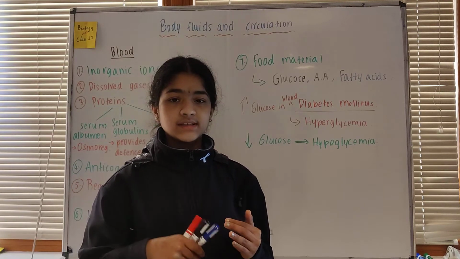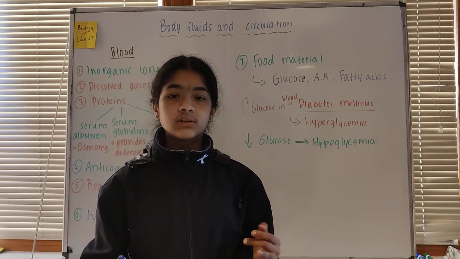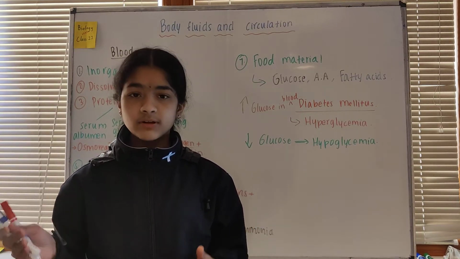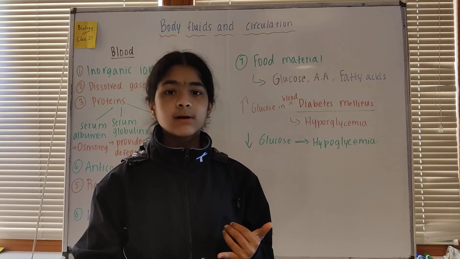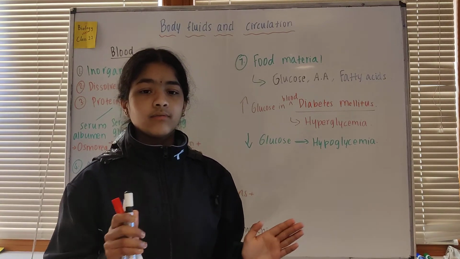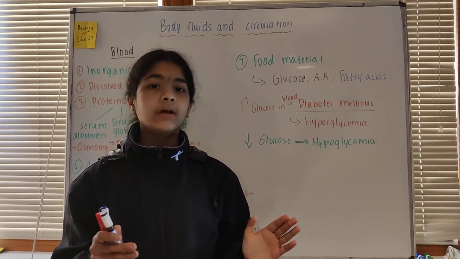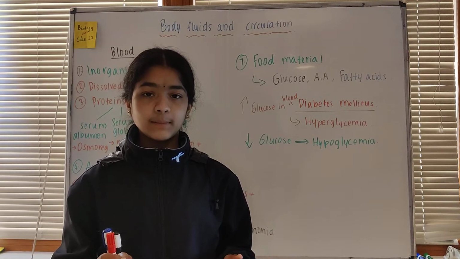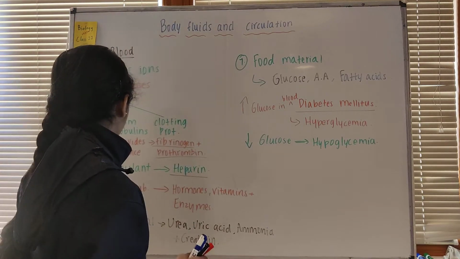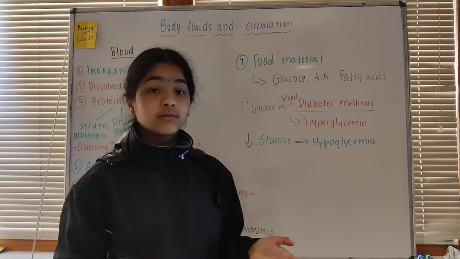We looked at some of the basic things about blood: it's a fluid connective tissue, mesodermal in origin, pH is 7.4, that is slightly alkaline, and in a normal healthy adult there is 5.6 liters of blood. There are two parts, plasma and formed elements, that is corpuscles. Plasma makes up 55%, and the formed elements, that is RBC, WBC and platelets, make up the 45% of the blood. And plasma has 90% water, 7 to 8% proteins, 1 to 2% food or waste material.